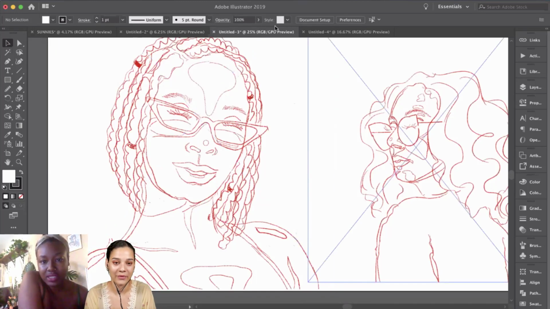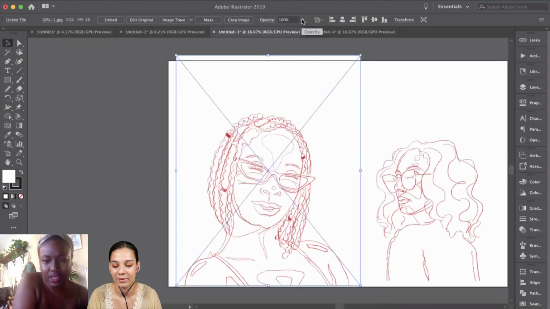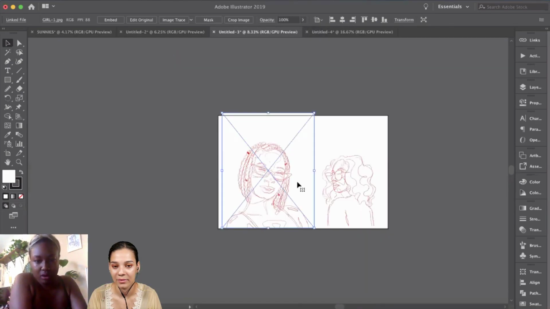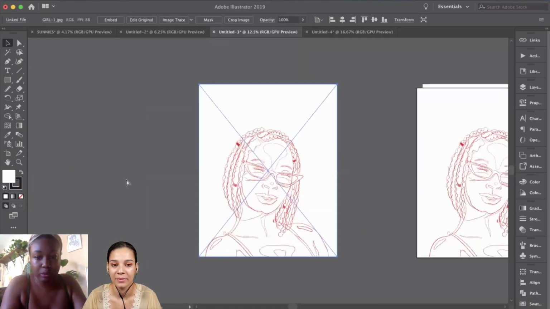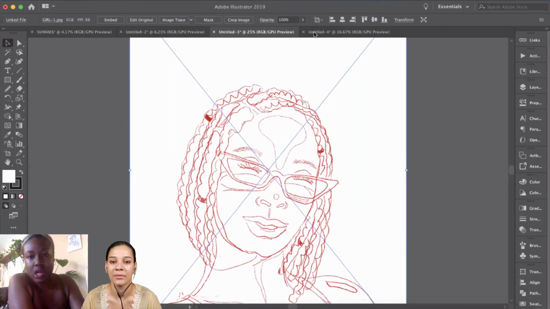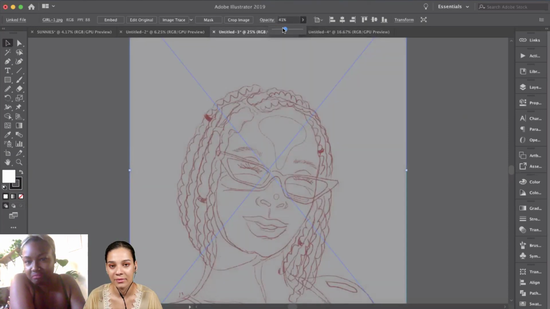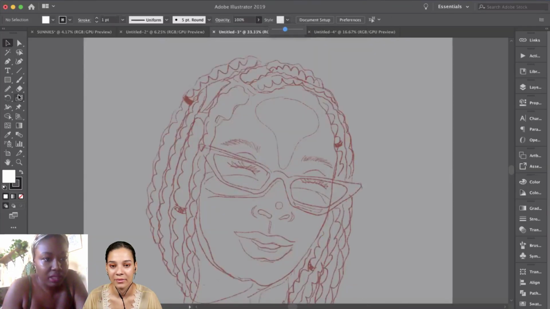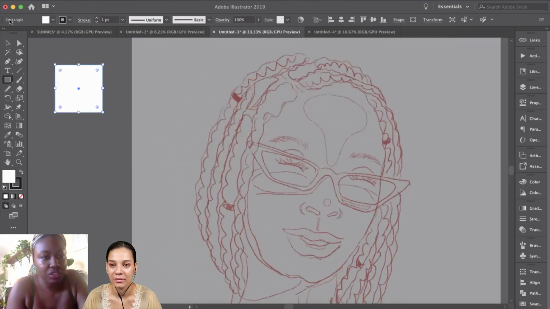So basically, my process for when I illustrate is, I usually stay on the white or I'll just stay on the gray. It's just easier for me. And I like to zoom in a lot. That's just how I work. I keep my opacity down to maybe like that, and then I'll lock it so I don't have any messy stuff. When it comes to colors, I just prefer to, as I did yesterday, pull my color palette out so I can just pull from it super easily.